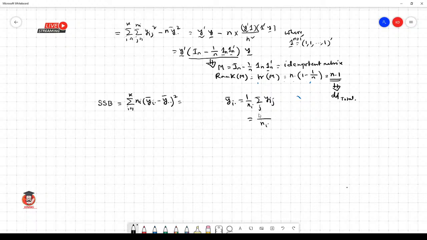written as yi prime 1 ni. 1 ni is a vector, I already defined this. This is a vector whose all elements are 1 and its order is ni cross 1, and we partition the vector y curl as